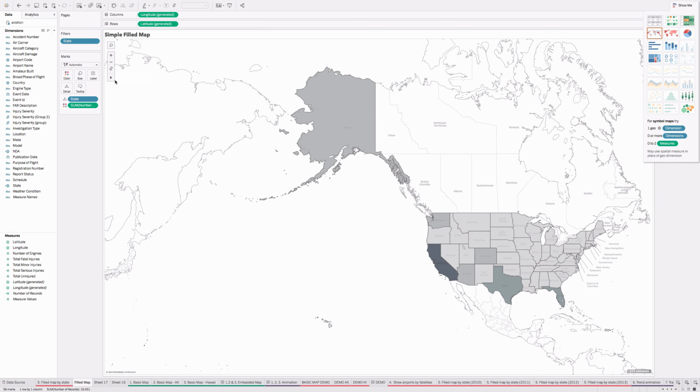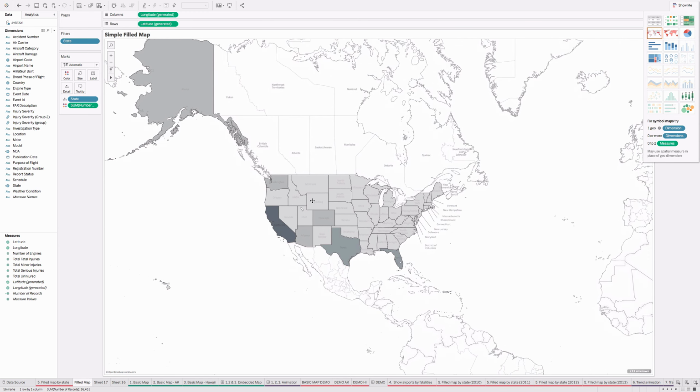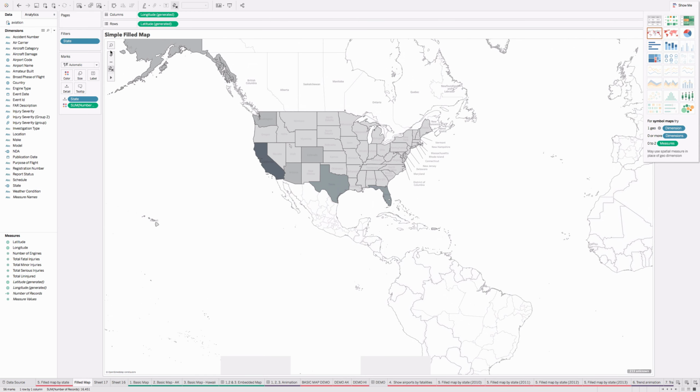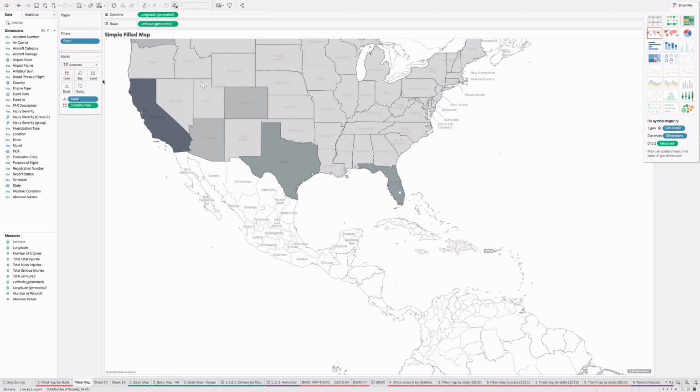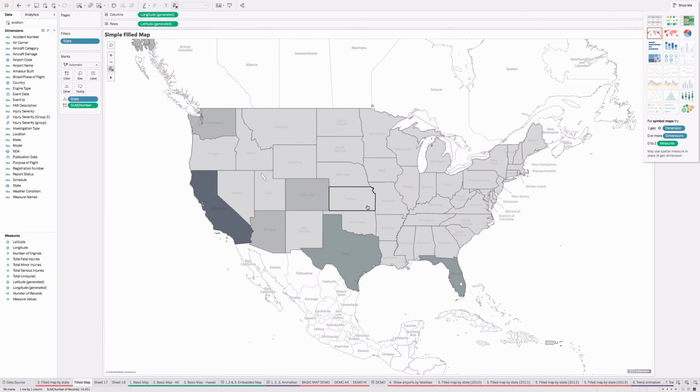At this point you can use the crosshairs to move your map and orient it. If you wanted to zoom in and just show the continental US, for example, you could do that and orient your map to the center. You can also customize the